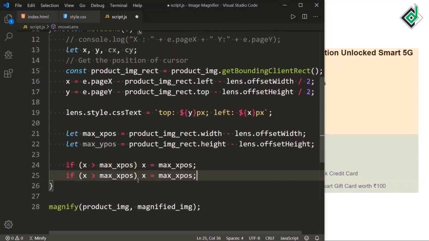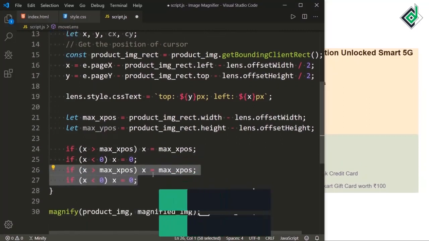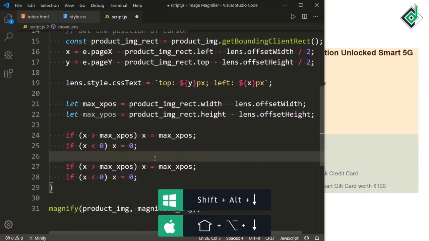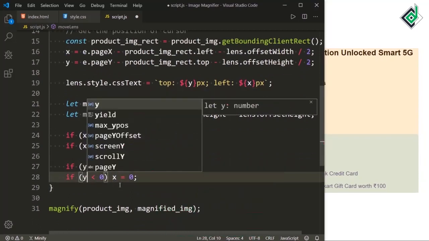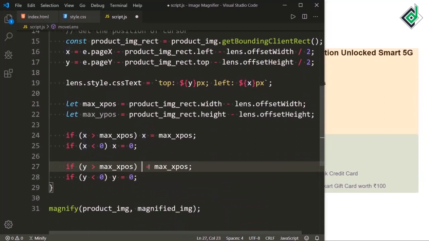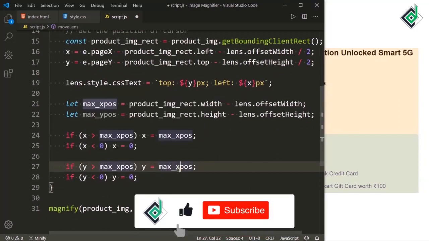Let's duplicate this code, and for the next condition, if the x coordinate of the cursor's value is less than 0, then I'm assigning that x coordinate value to 0. Similarly, let's duplicate this code for the y-axis, so let's change all the x variables to y, and also change max x position to max y position.